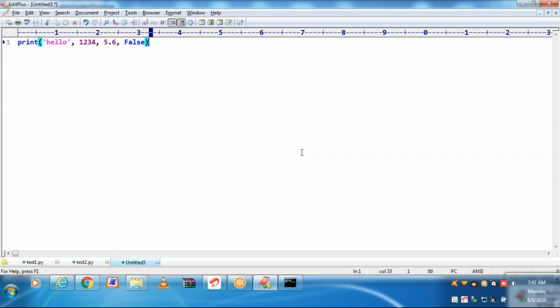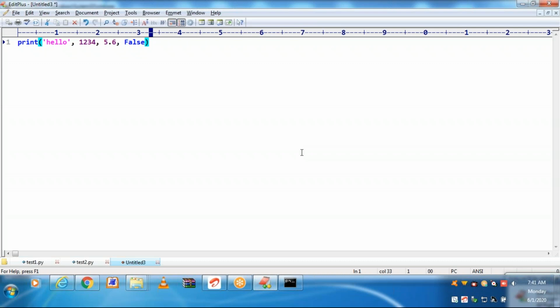It's a Boolean type. Print function can take any number of arguments. You can supply any number of arguments to the print function.